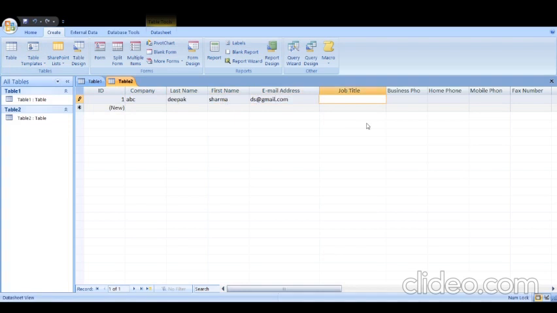You can see I am filling the data. In this way you only have to fill the data, nothing else, and whichever column you want to leave blank, you can leave it blank.